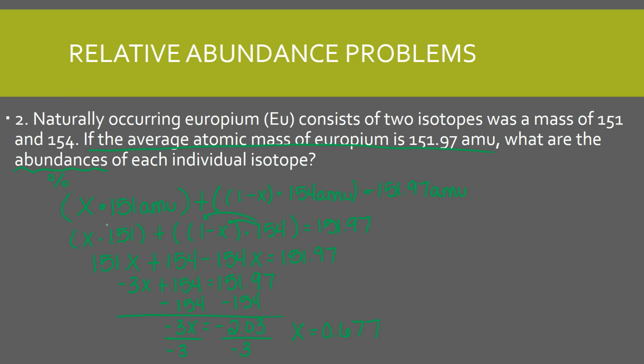So for this first isotope that we're identifying as x is going to be 67.7%. So we are going to say that the europium 151